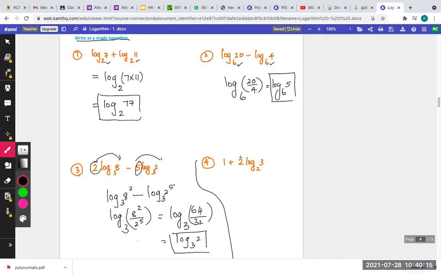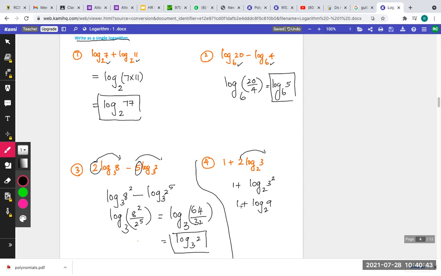We don't need anything before the log, so 2 comes as a power. So it becomes 1 plus log 3 squared to the base 2. Or I could write it as 1 plus log 9 to the base 2, because 3 squared is 9. See, here the base is 2. And if I wanted to make it a single logarithm, it's not a single log, right? Because 1 is there, there are 2 terms.